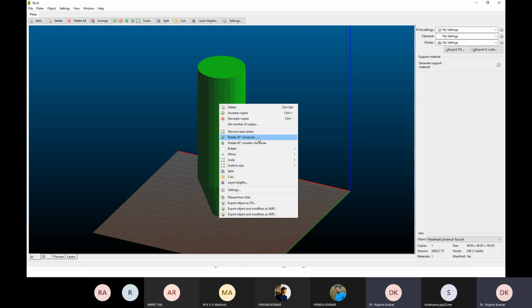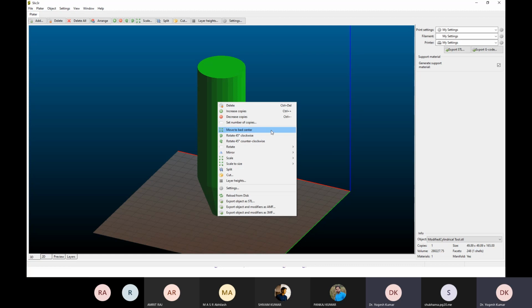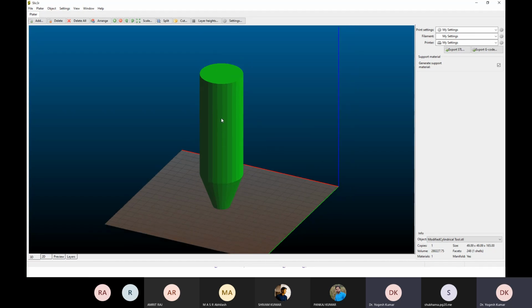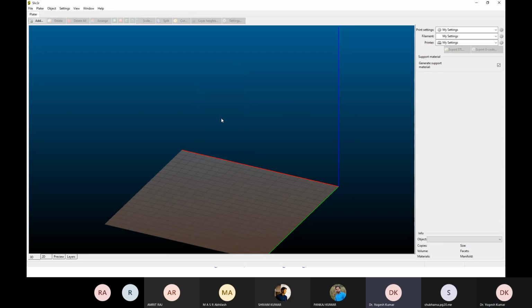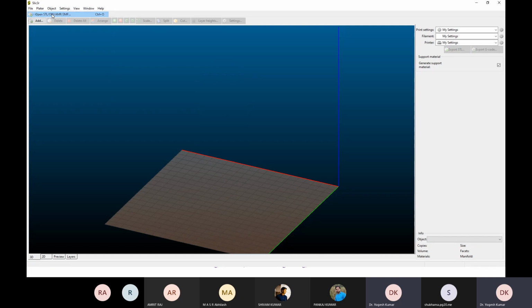Suppose I want to rotate 45 clockwise. Scale to size. Import.